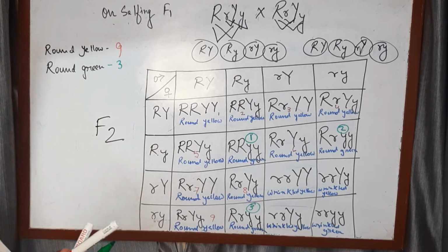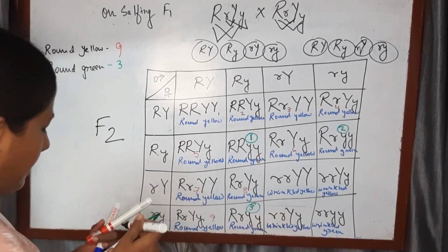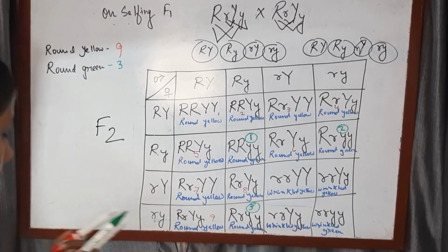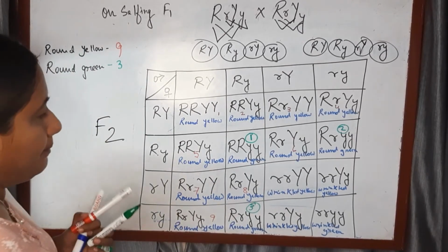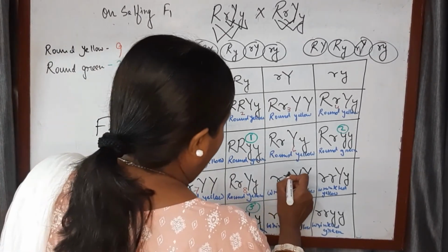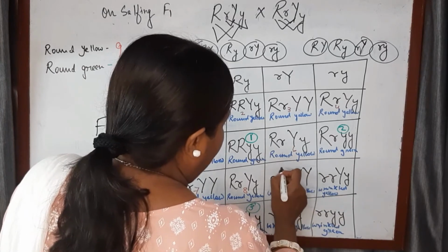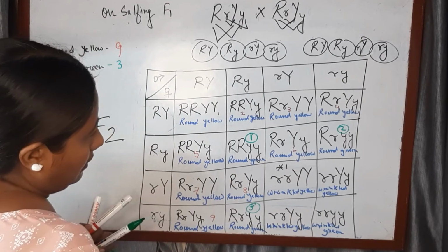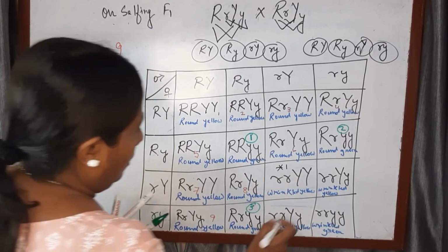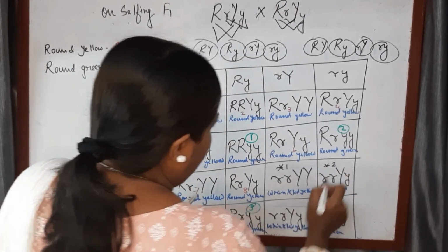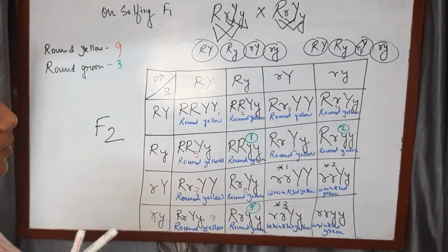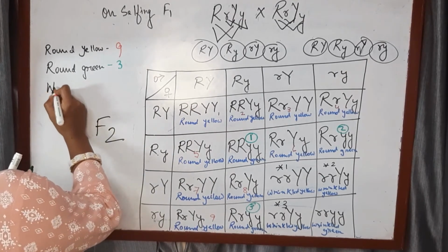Next combination, what is that? That is wrinkle yellow, right? So which color should we use? Okay, I don't have any more colors. Let me use the black one only. So wrinkle yellow. Let me make a star mark. 1. Wrinkle yellow, 1 more. Wrinkle yellow. So 3 wrinkle yellow, right? So wrinkle yellow,